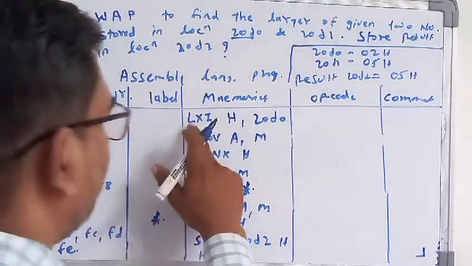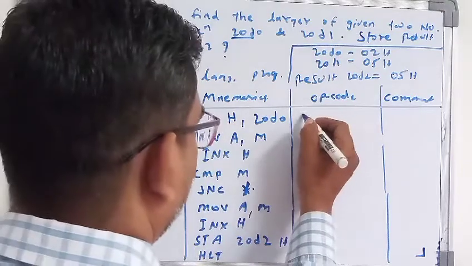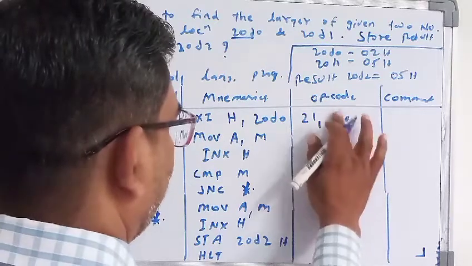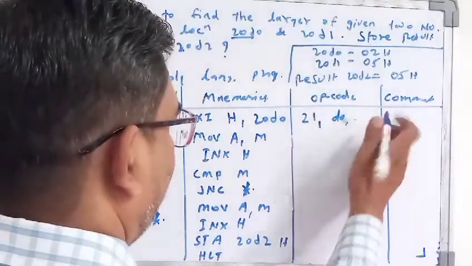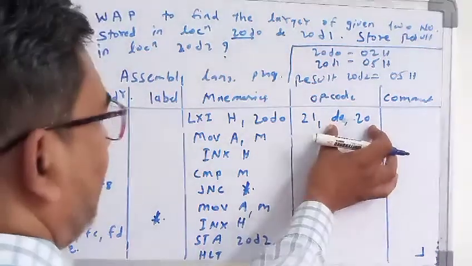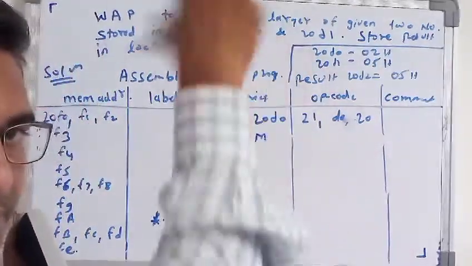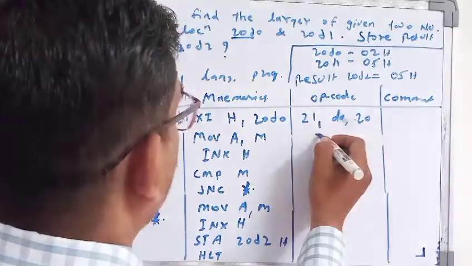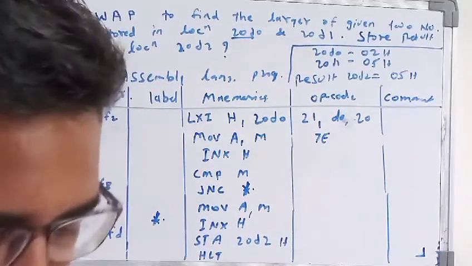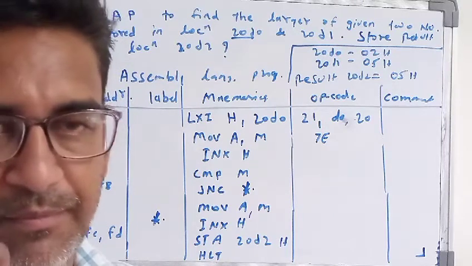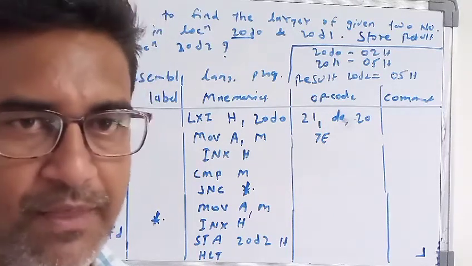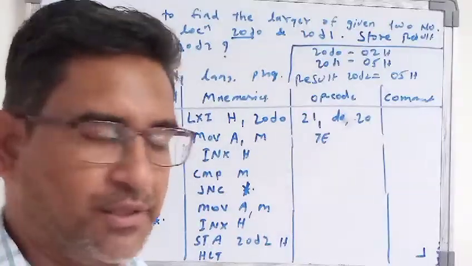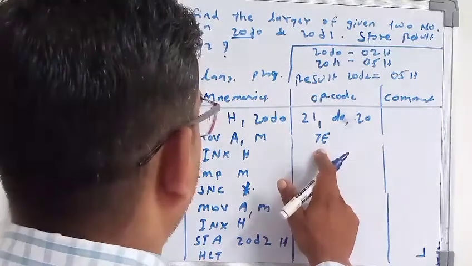Now we will see the opcode. The LXI H opcode is assigned, that is 21, and this D0 and 20 we have to write down. Sorry, first one it is D0 and then 20, so that this address will contain, it will call from that particular address, the 02 number. Then MOV M to A, you have the instruction, that is 7E. It is very much important, students, because this we have to perform in the kit. Without this opcode, it is not possible for conversion of that particular thing, and you will not get the result. Okay. Then 7E we have got.